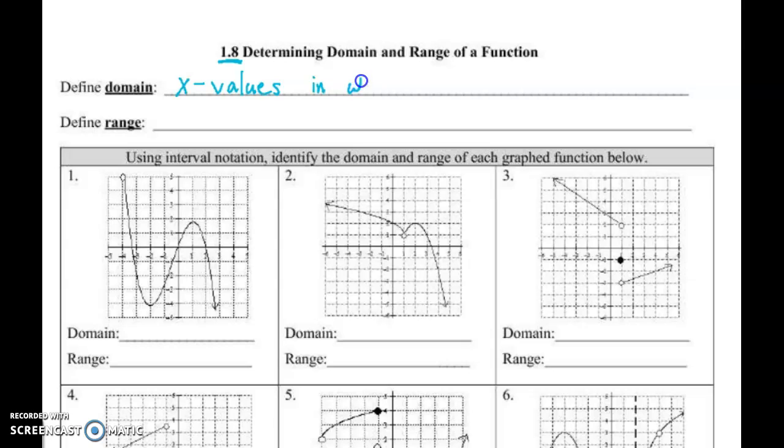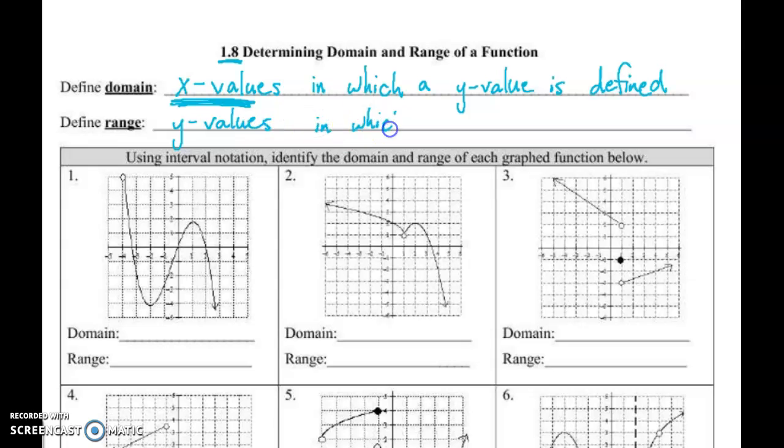in which a y value is defined. So it is still the x values, and the range are still the y values. The same thing. But this time, how do I want to phrase it? I'm going to write there exists